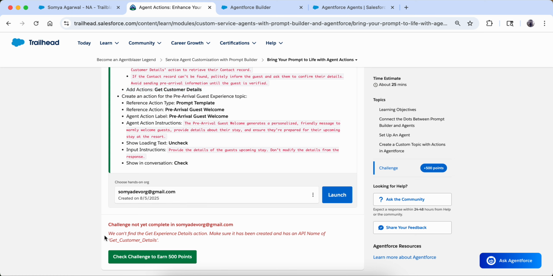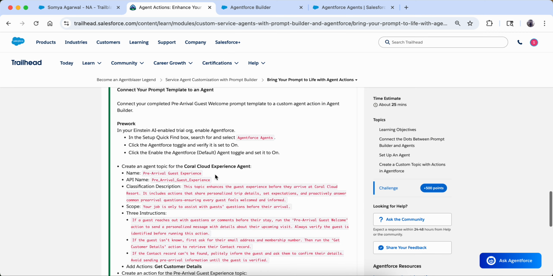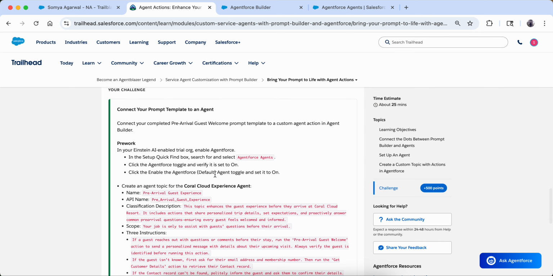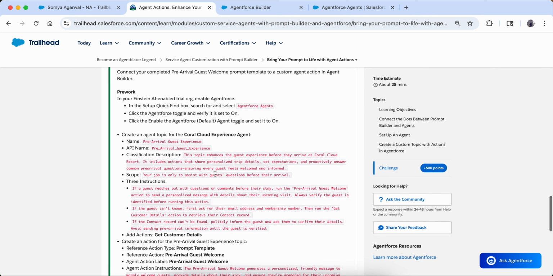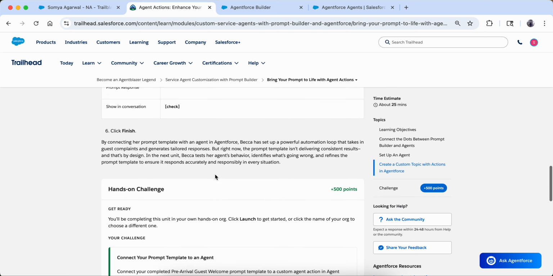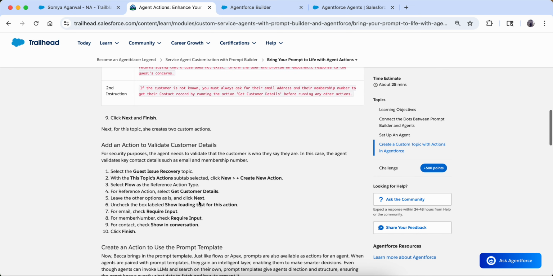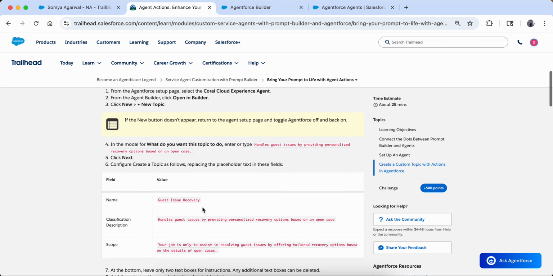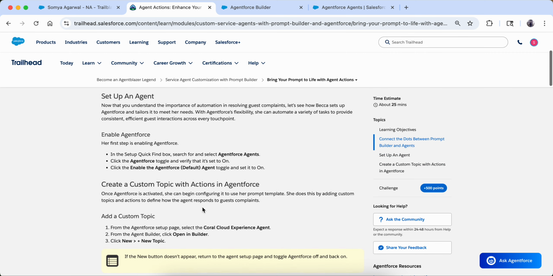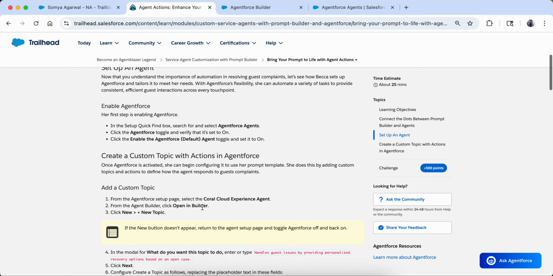Okay, so they are saying that we cannot find the get experience details action. Make sure it has been created and has an API name of get customer details. Okay. I think maybe they're asking us to create it, get customer detail.